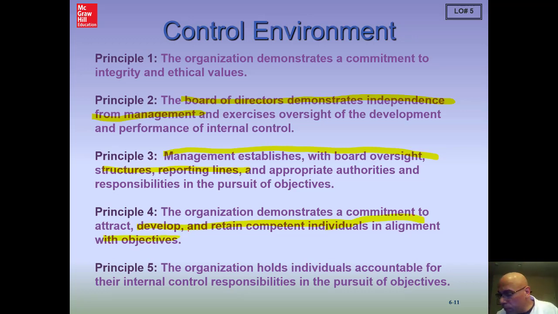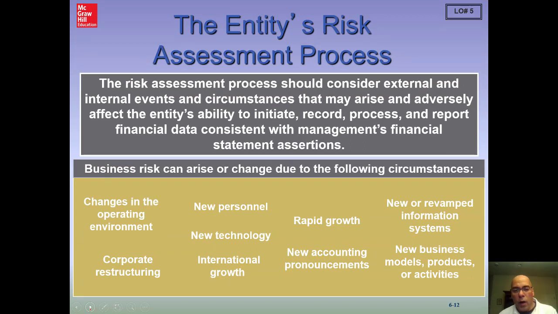Okay. Now, just going over to the next slide and seeing our next component, which is the entity's risk assessment. And when the entity is doing risk assessment, they are looking to see what external events, circumstances, or internal ones could affect the entity's ability to achieve their objectives of accuracy, reliability, and financial reporting. Remember, guys, we're always concerned about what? Those financial statement assertions, right? We consider our financial statements made up of those assertions, and we're going to see that when we look at the internal control, it always is in relation to those assertions, and we've actually kind of started to look at this a little bit earlier.